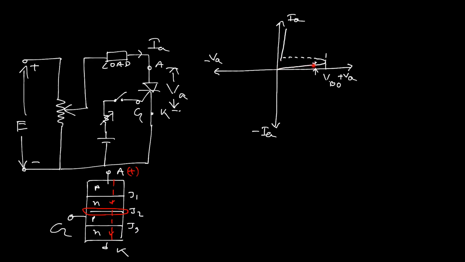Now think about when the switch is open, or the switch is off, then what happens? Then the fan is not moving in your house or the light is not glowing. That means the total supply voltage is appearing across this particular switch. No voltage is appearing across the load. That is why the load is not working. This can be reflected in this particular region. Here, as the blocking state is there, the device is not conducting, and the total voltage appears across the device, or across the anode to cathode terminal.